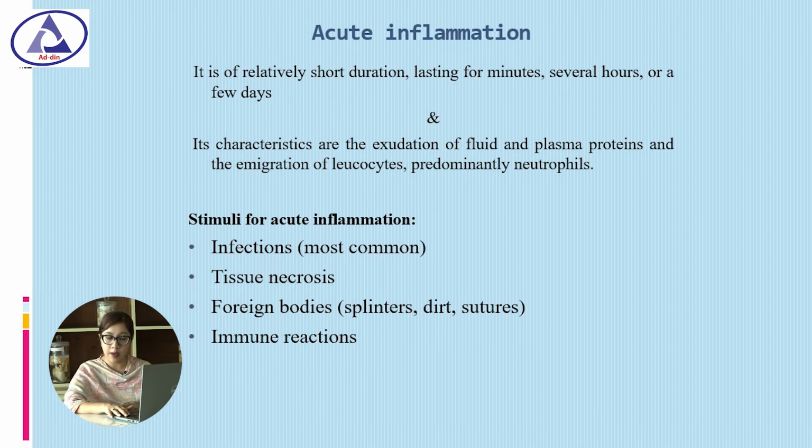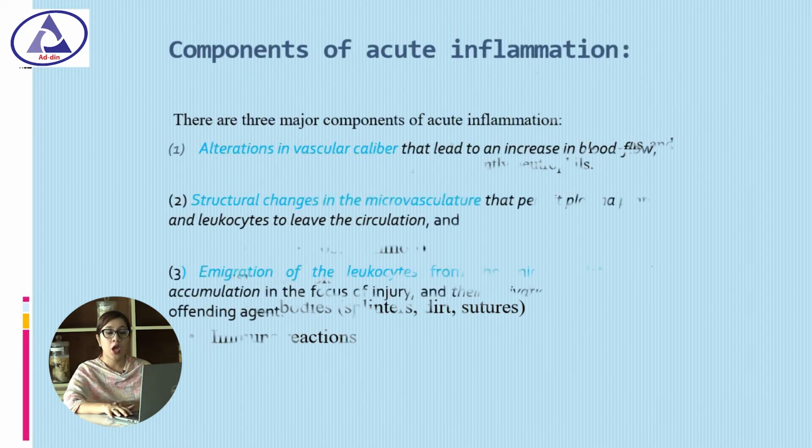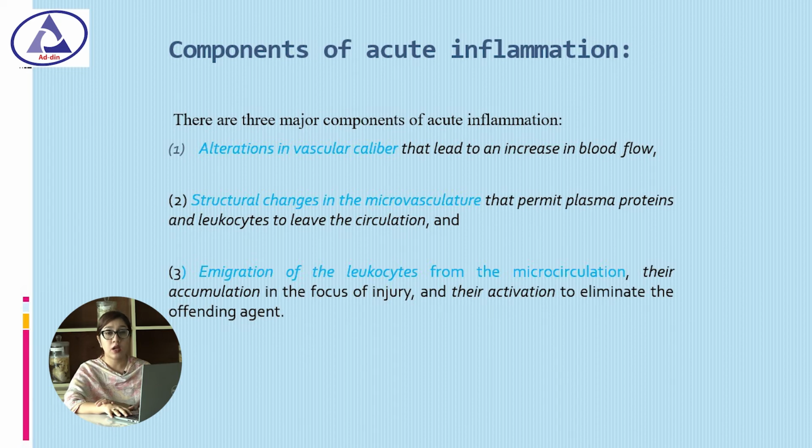Stimuli for acute inflammation are infection, which is most common, tissue necrosis, foreign bodies and immune reactions. Components of acute inflammation: there are three major components of acute inflammation, which are alteration in vascular caliber that leads to increase in blood flow, structural changes in microvasculature that permit plasma proteins and leukocytes to leave the circulation, and immigration of leukocytes from the microcirculation and their accumulation in the focus of injury and their activation to eliminate the